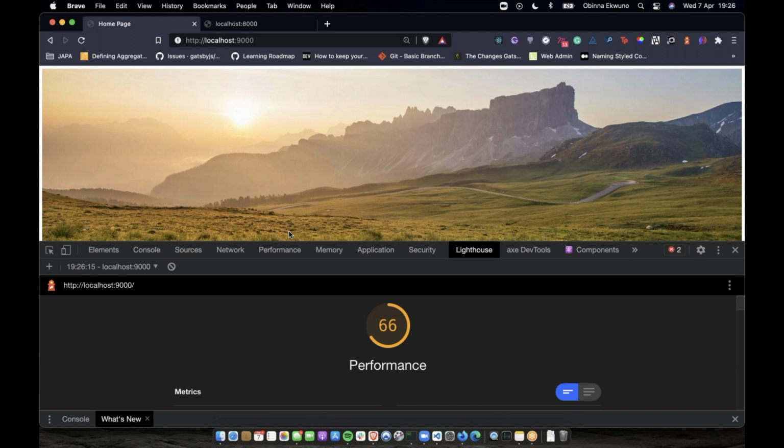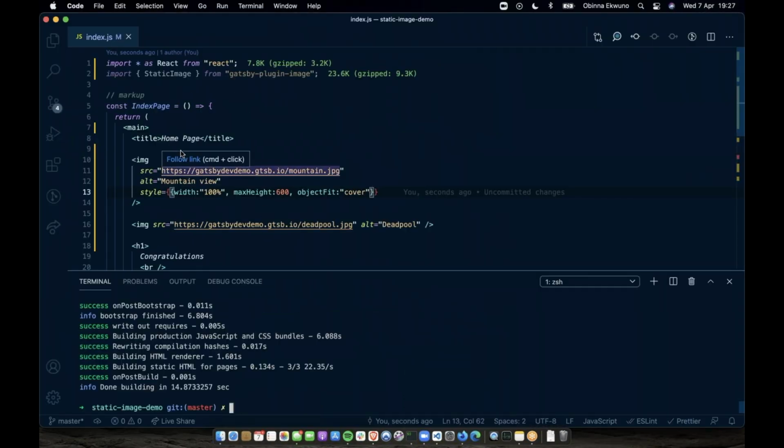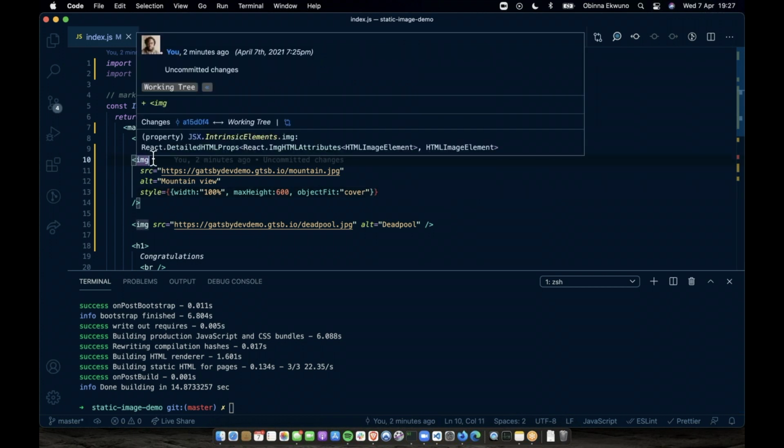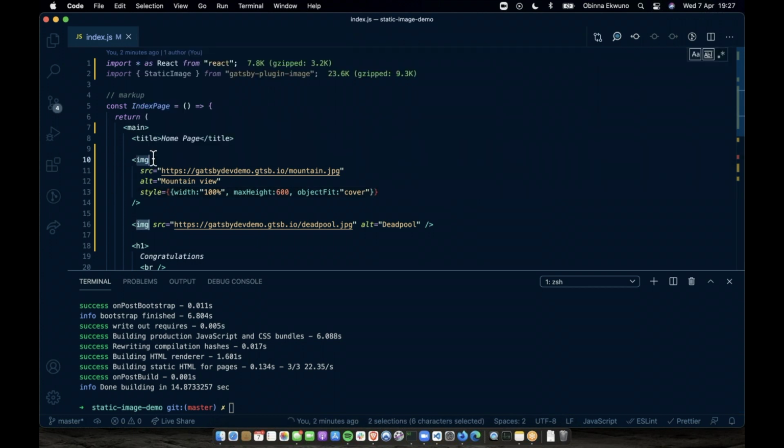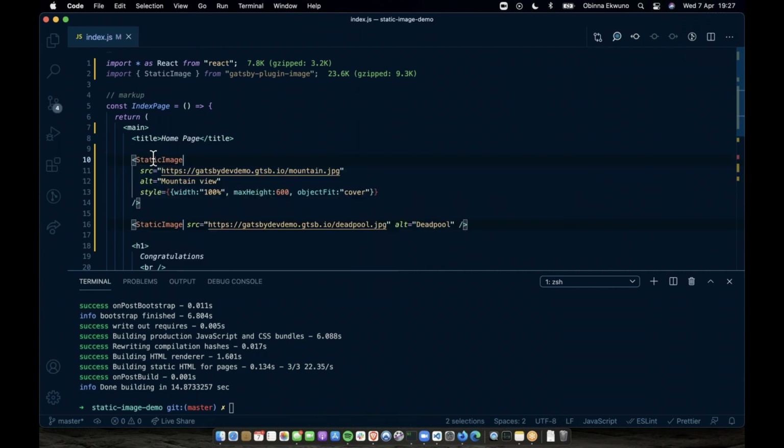Now, if I switch back to this bit here, let's see some improvement that Gatsby brings to the table. So I'm just going to change this image tag to use the static image, and before you use this, you have to import it from the Gatsby plugin image, and this you just npm install or yarn add.